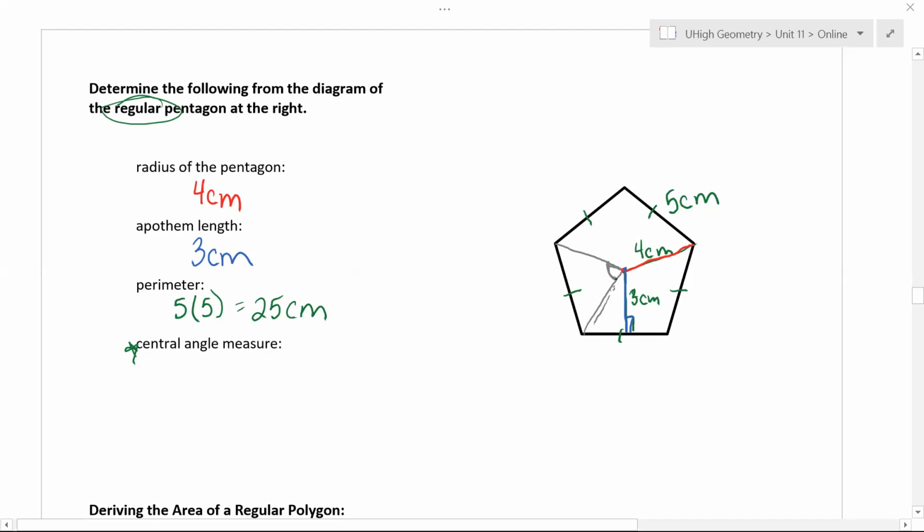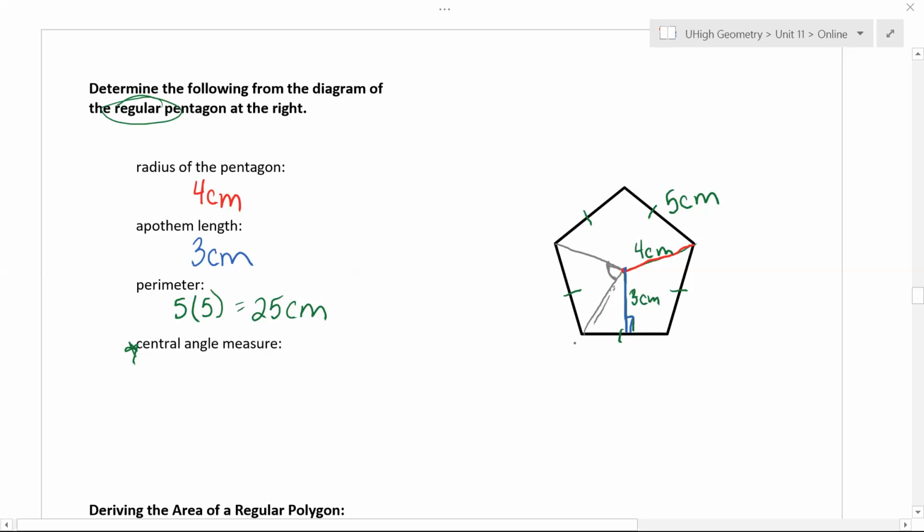I'm looking for this central angle measure. I'm just looking for this angle that is around the center of my circle, or of my pentagon, sorry. So if I'm wanting to find this central angle measure, I want to think about, okay, if I have this angle that opens up to be one of the side lengths,